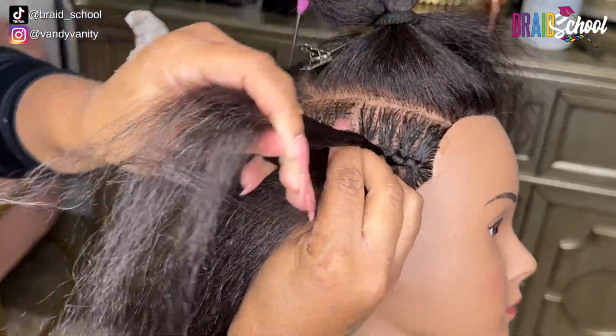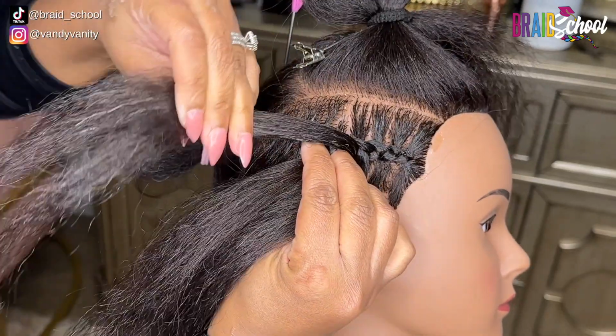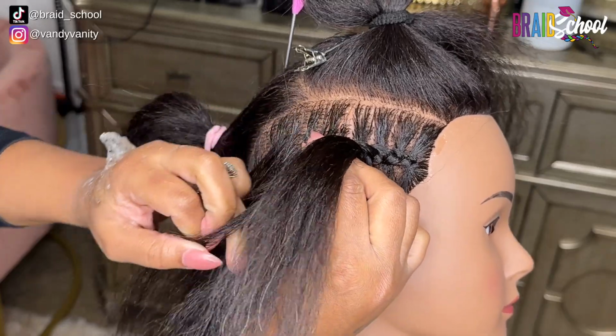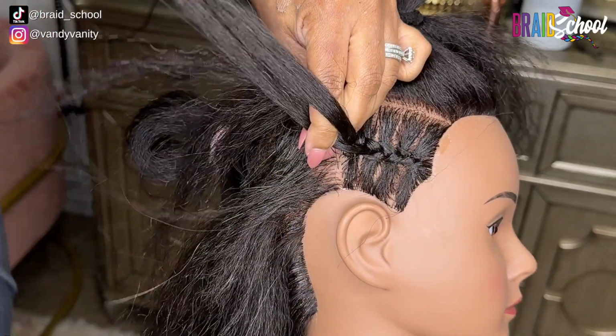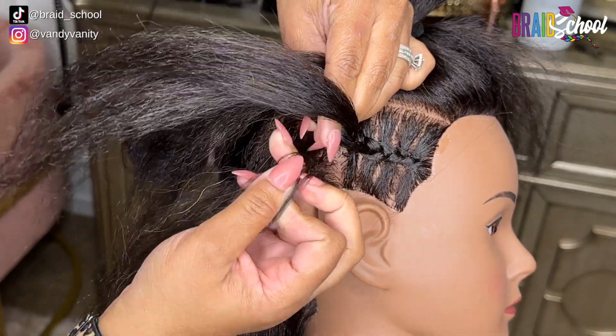Stitch. Alright, I'm going to pull it back, cut, and it's adding to the middle leg, stitch, cut,